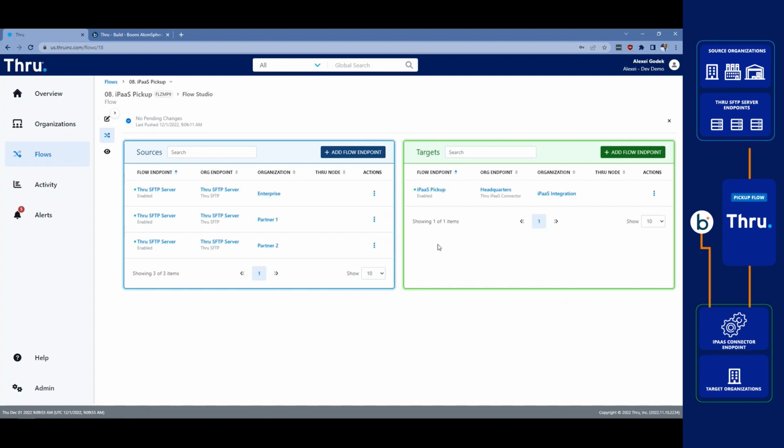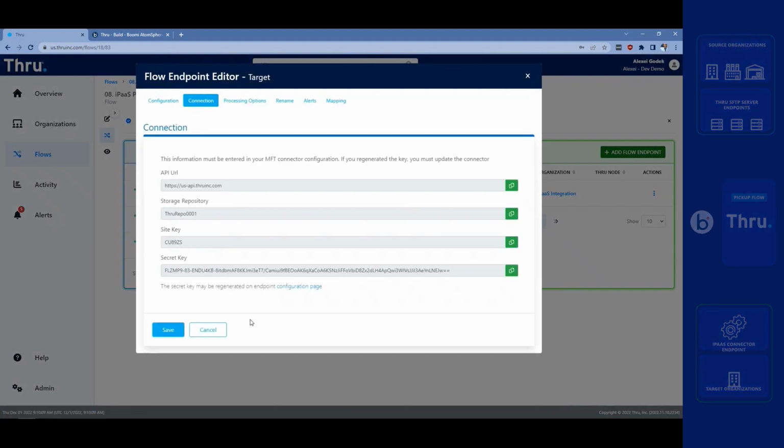These are then mapped to an iPaaS connector, which acts as a pickup point. If we look at this iPaaS flow endpoint, we can see the connection details that are used for the connector to call our API to pull the files that are waiting. If we go to Boomi